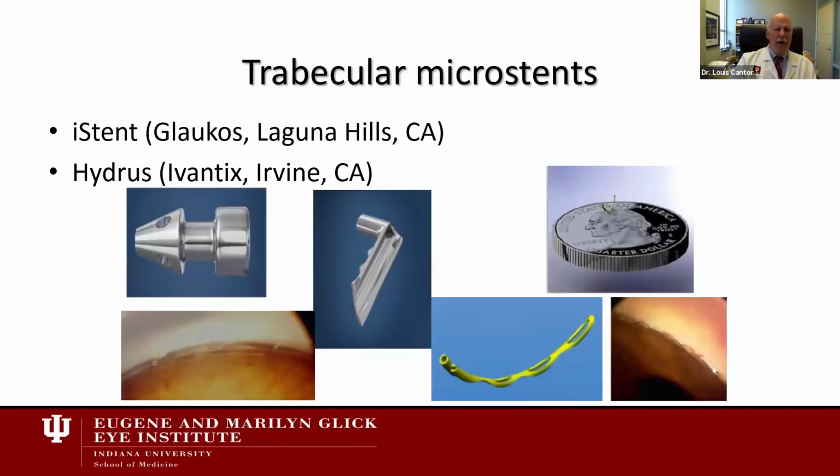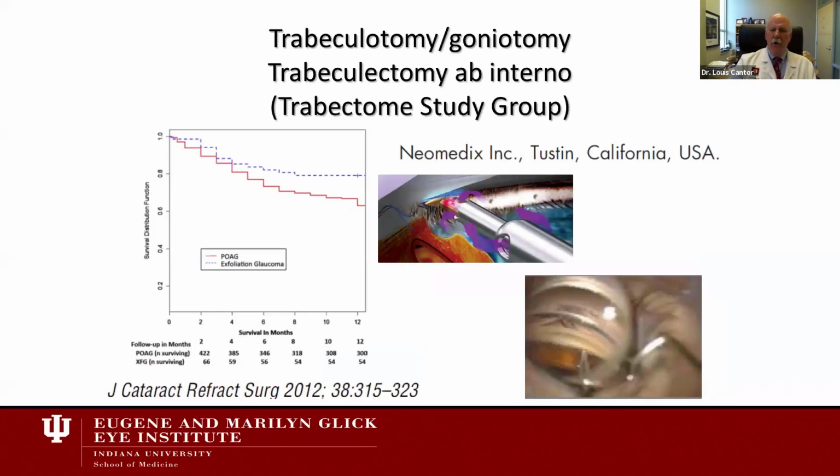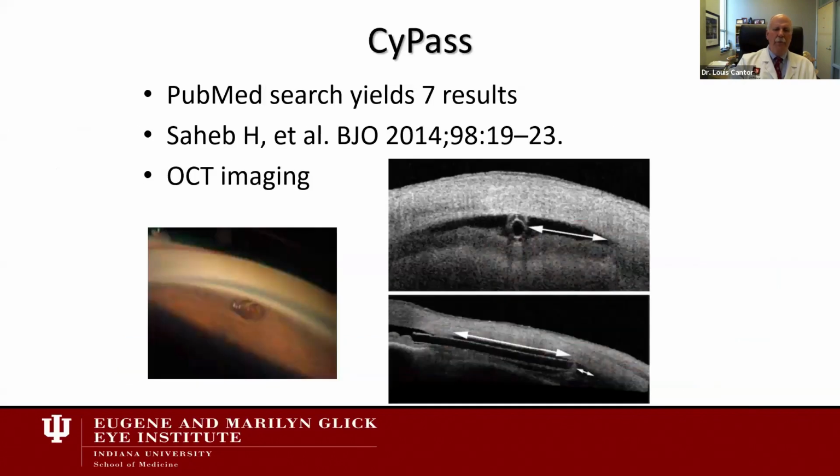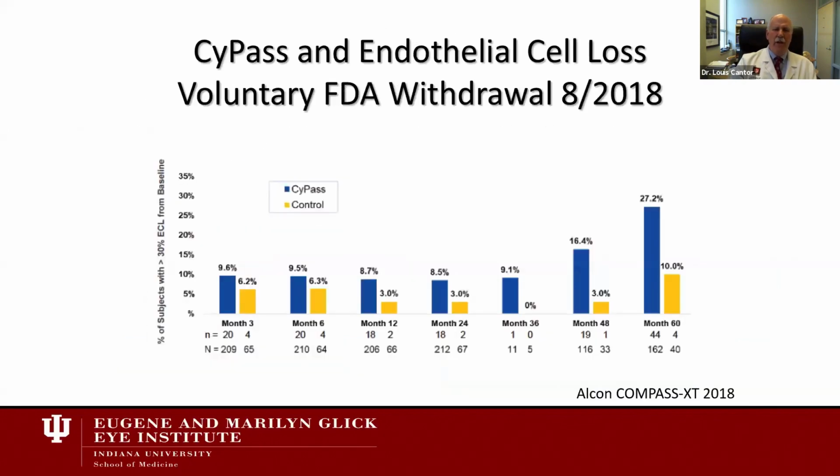So here's our trabecular stents. Trabectome I don't use much anymore, but it opens up a few clock hours of the canal. Again, the suprachoroidal stents, CyPass, and the iStent Supra. There's been studies on these. Again, this is the data that caused the voluntary withdrawal of the CyPass just a few months ago here in